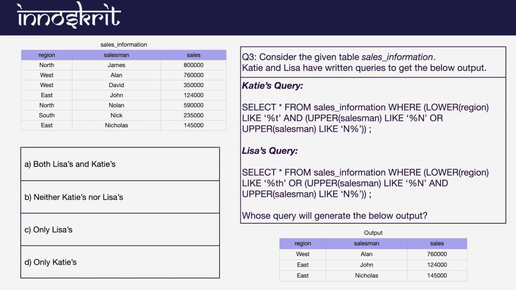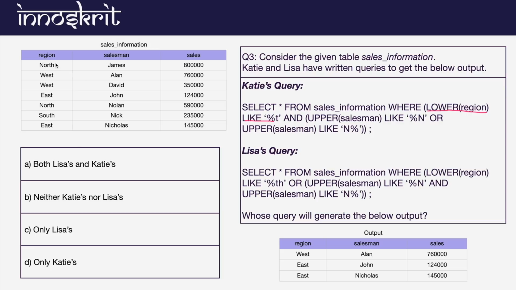So you have to look very closely at this query. Let's suppose first we execute the first part. It says that if we convert the region into lowercase letters, lower of region means we convert each value of this region attribute into lowercase, right?